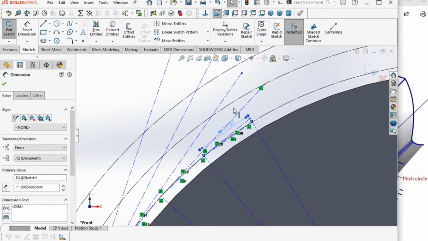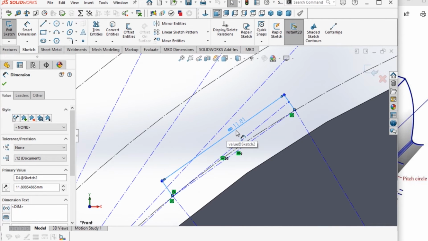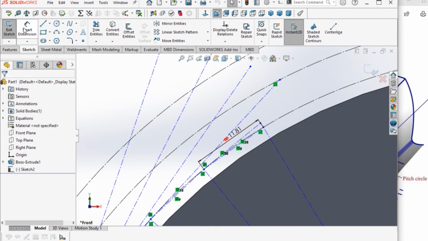Okay, so you'll see this sign that will be put before this length. Now go to smart dimension, click on the second line. This one was our first line and we have already dimensioned. Click on the second line,